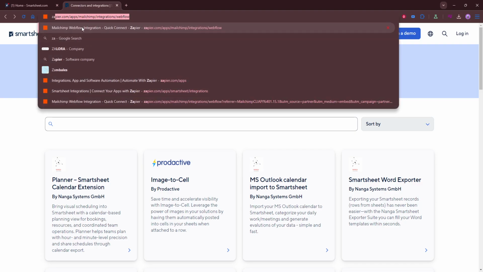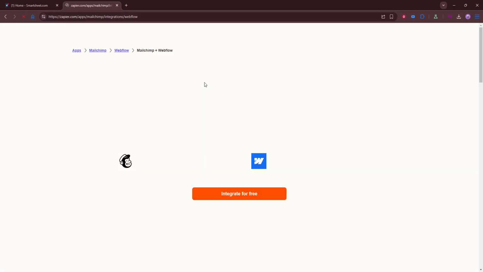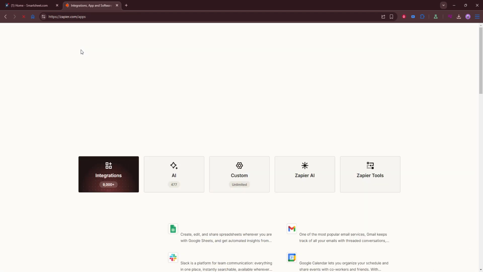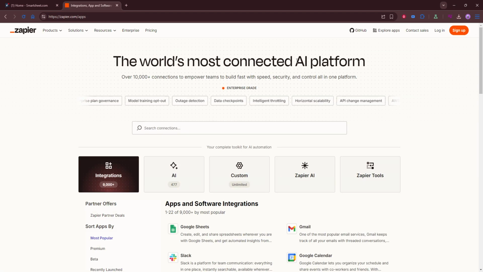To begin, open an automation tool such as Zapier or Make. Both platforms are designed to connect different apps and help them work together automatically. If you already have an account, go ahead and sign in. Once you're inside, start creating a new automation. Depending on the platform, this may be called a Zap, a scenario, or a workflow, but the setup process is